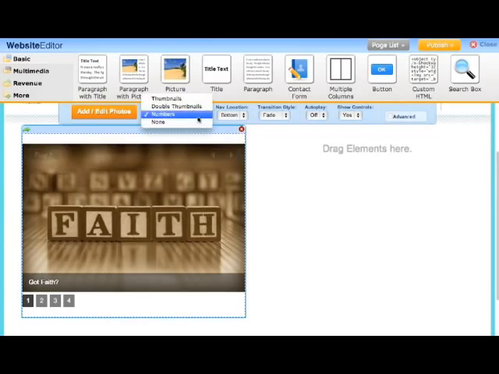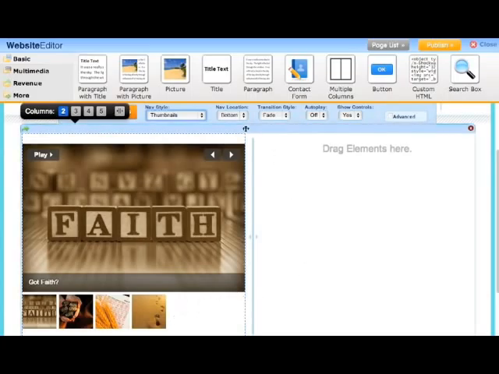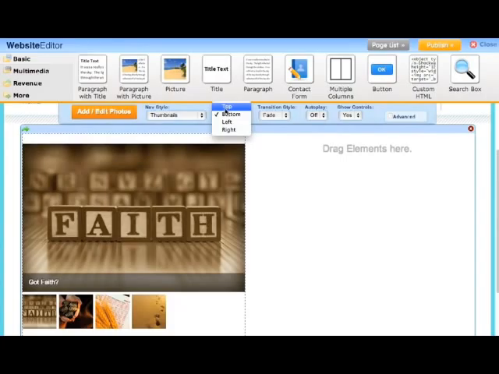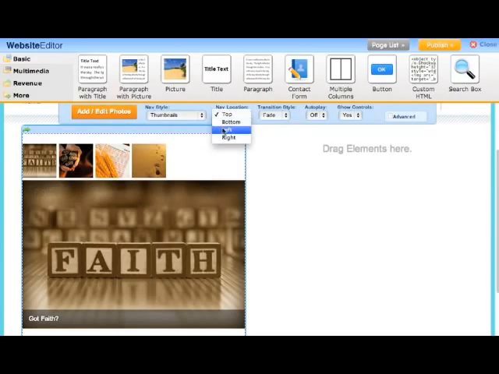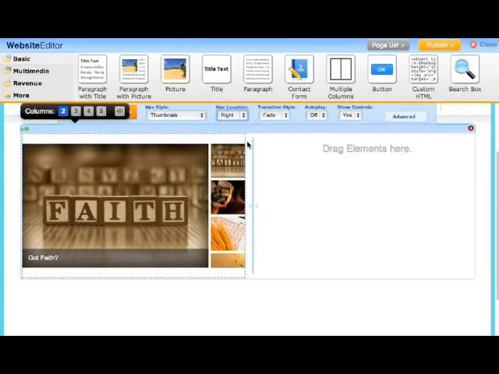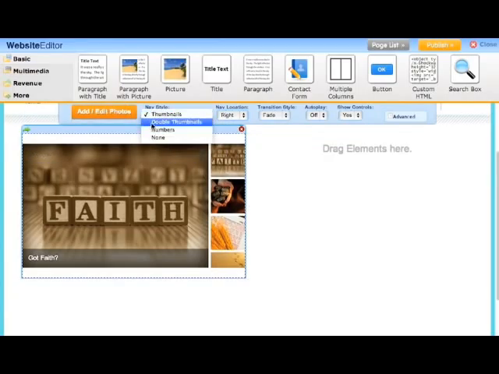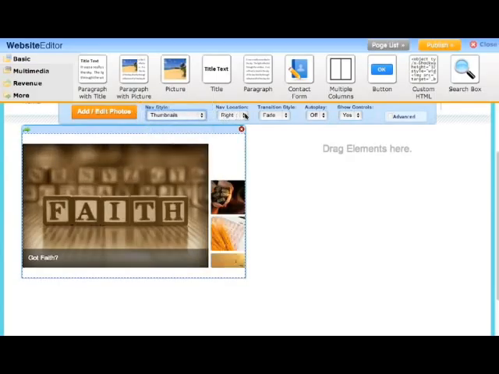I'm going to go back to the thumbnails in this particular selection, and then you can also choose whether or not you want your thumbnails to appear on the top, on the bottom as they were, on the left, or on the right. The one thing I'm noticing by selecting left or right is I'm only seeing part of my images, and with there being 4, I could choose double thumbnails, but I really don't like the composition on this, so I'm going to go back to regular thumbnails